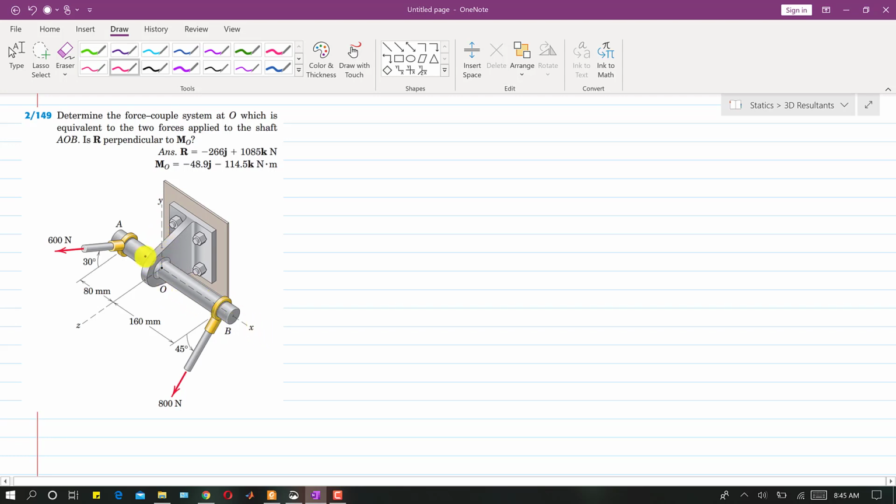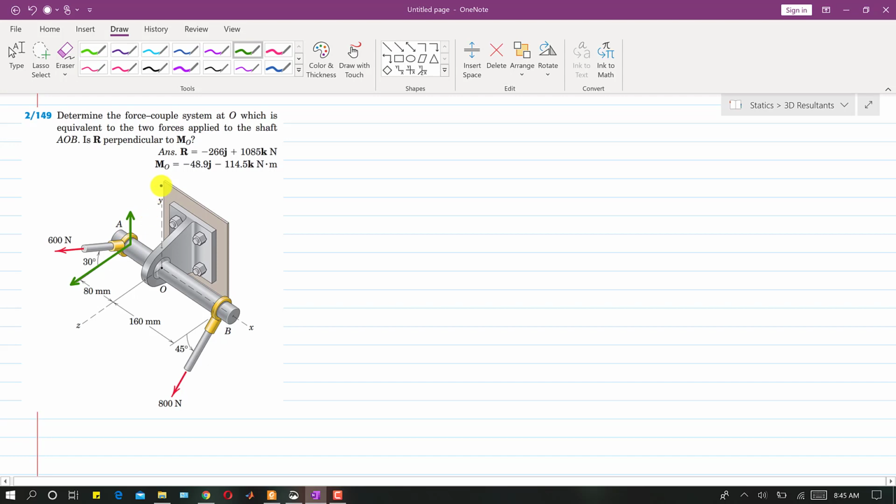This is the x-axis, this is the y-axis, and this is the z-axis. So first we need to find the resultant of these two forces, but before that I will resolve these two forces into their components, right? Since these two forces are in the yz plane, this will be one component along the positive z, and this will be another component that is in the